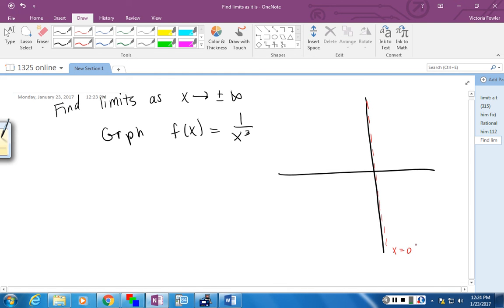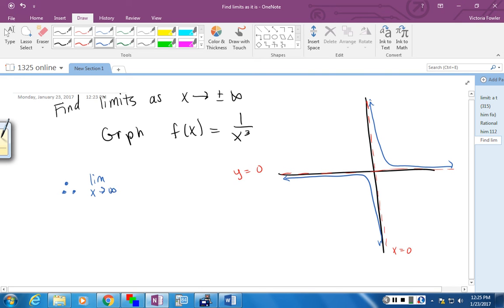And for my horizontal asymptote rules, the degree of the numerator is smaller. I also have a horizontal asymptote at y equals 0, and I can do a table of values, but I'm going to see that I'm going to get really, really close to that asymptote and to this asymptote. And I'm going to see the same thing here on my not so calibrated graph, but I think you're getting the point. And so I can tell by the graph that if I ask you to take the limit